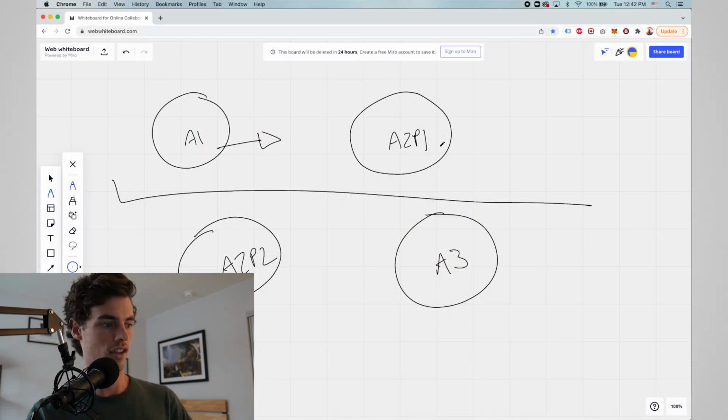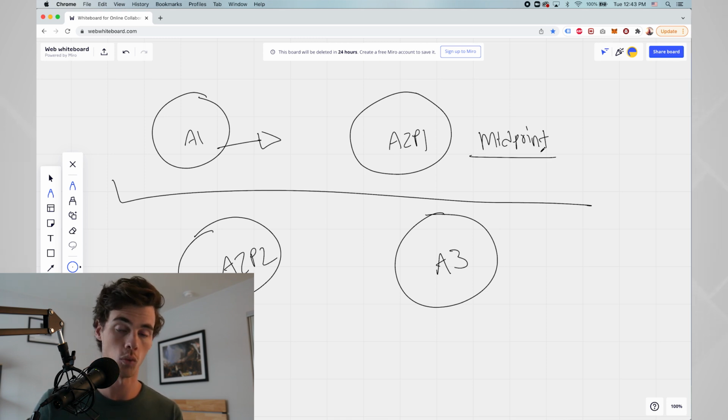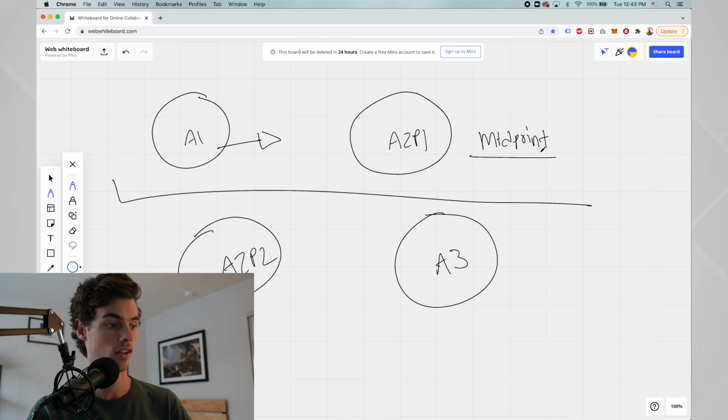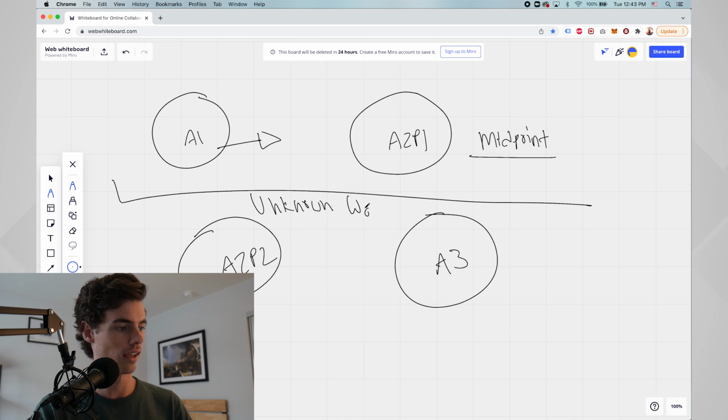Then what happens is you have your midpoint, and this is the sort of huge cost that happens. They kind of get what they want, and it comes at some sort of huge cost that sends them over this kind of line into the unknown world, right? So essentially, it's like now they have to solve problems they did not account for in the beginning.